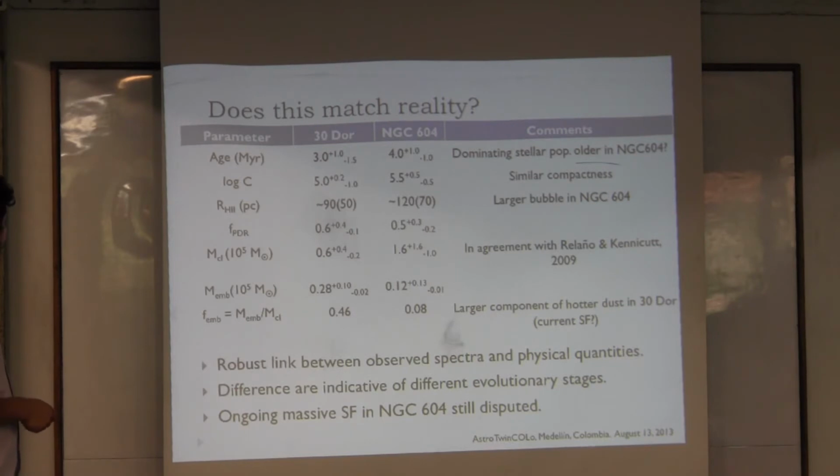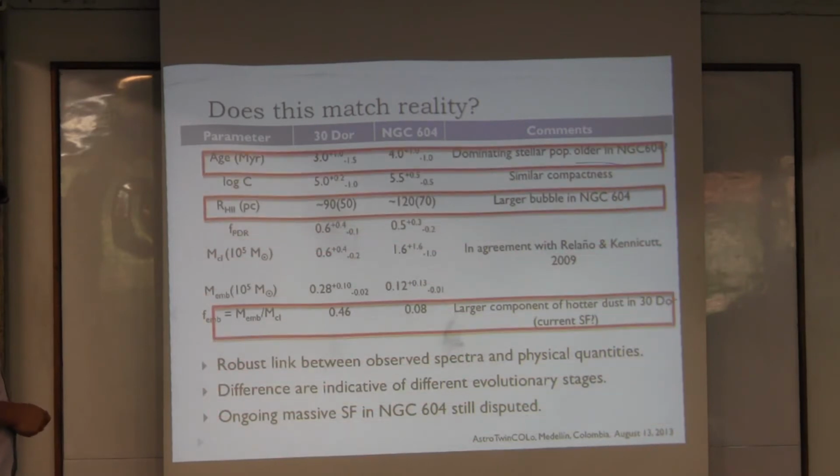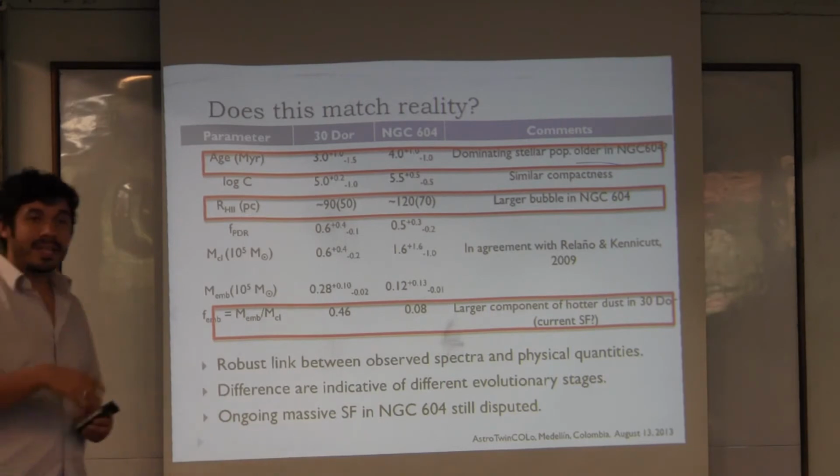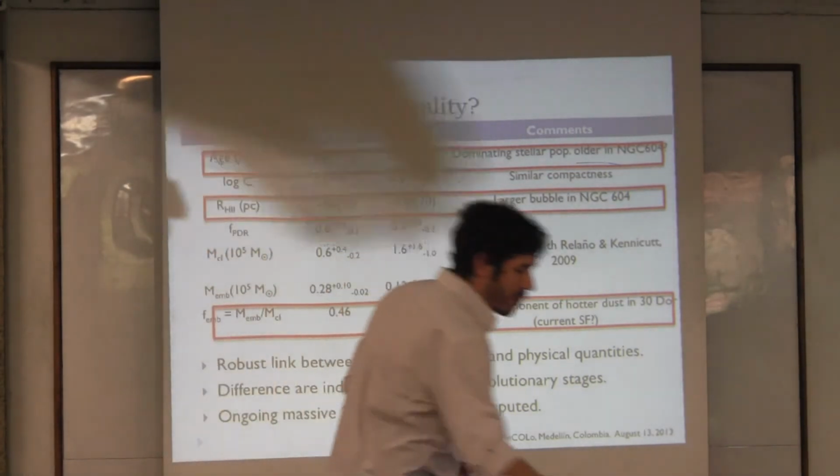We realized that this pointed us to, well, maybe not very significant, but certainly we could constrain differences in the evolutionary stage of these systems, which were differences that we knew about in advance. This was done at an earlier stage of the project where we wanted to know if this made sense. And in general, we found that there is evidence that, as we know, NGC 604 is a little bit more evolved than 30 Doradus, and that is an independent confirmation of our method.